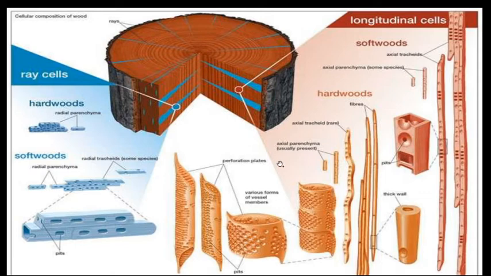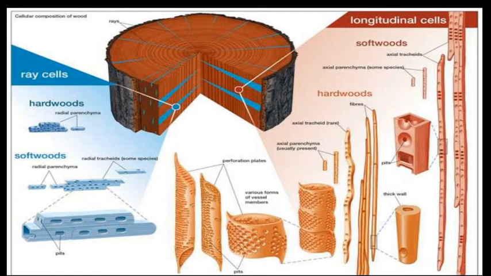In this case the orange to brownish colored part is nothing but the growth rings, while the blue color represents the medullary rays or ray cells, and within those ray cells there is radial parenchyma which has small pits, and those pits are nothing but wall openings, small openings which can communicate with adjacent cells,